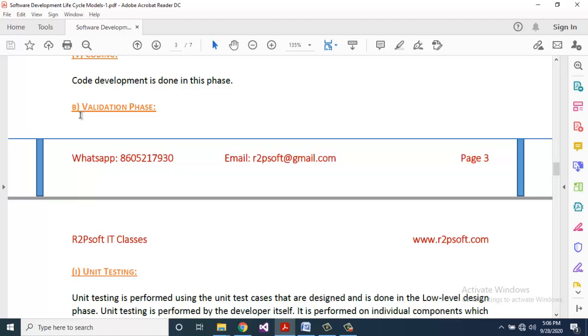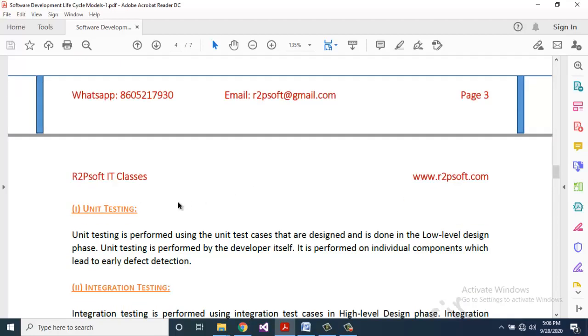Next phase, validation phase. In validation phase, start from first unit testing. Unit testing is performed using the unit test cases that are designed in the low level design phase.